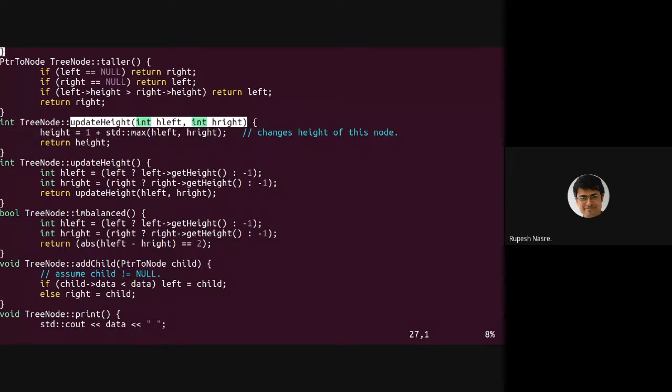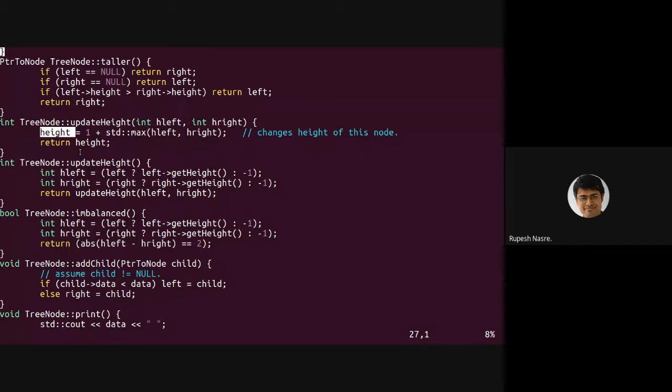What does it do? It just finds the maximum of the two subtrees, adds 1 to it, and that is going to be the height. This height is not a local variable. This height is the variable declared inside that class. So it's an object variable. And that height is getting updated with respect to the heights of its children. And we return it in case that is required in the caller.